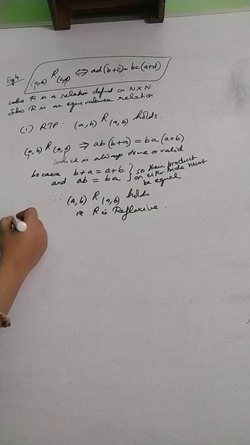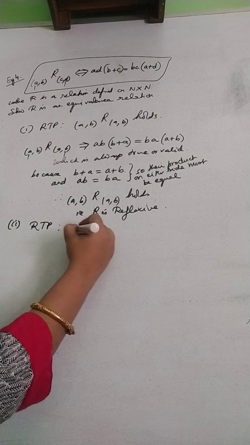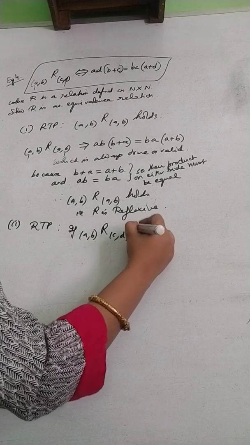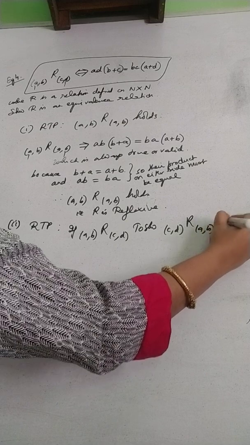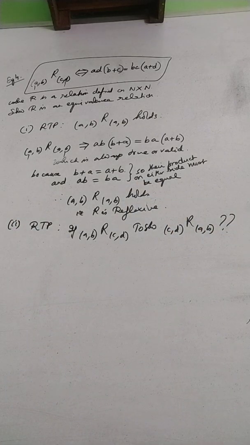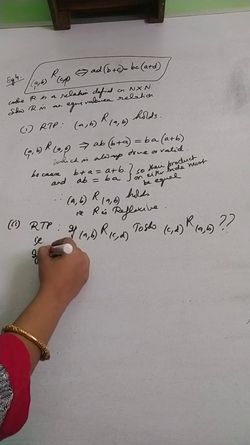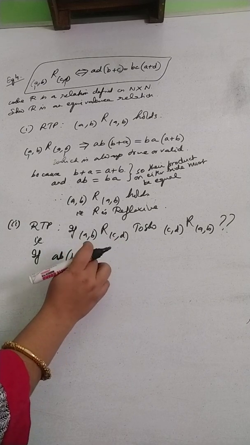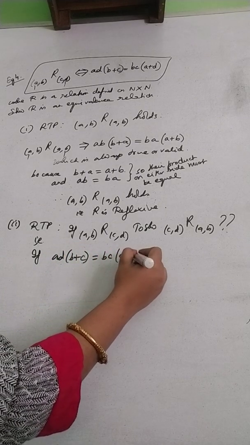Next comes, we will show whether it is symmetric or not. How will you show whether it is symmetric or not? Required to prove, if AB is related to CD, then I have to show whether CD is also related to AB or not. This is what I have to show. In other words, if AB is related to CD, AD into B plus C is equal to BC into A plus D,